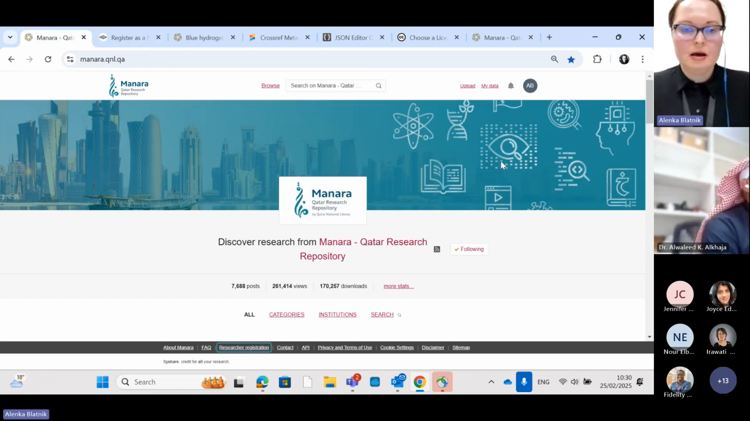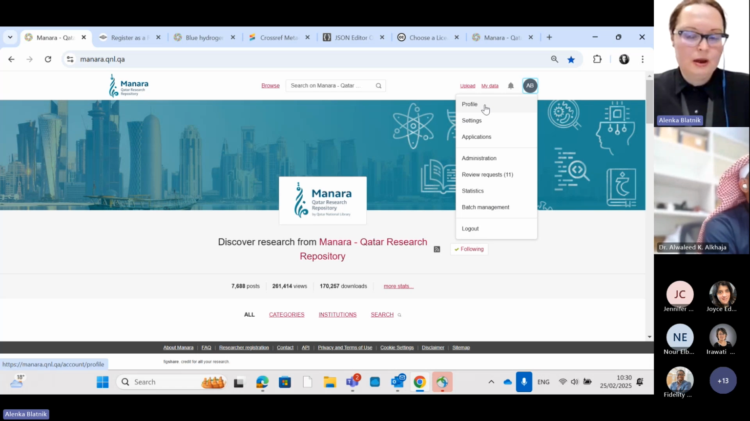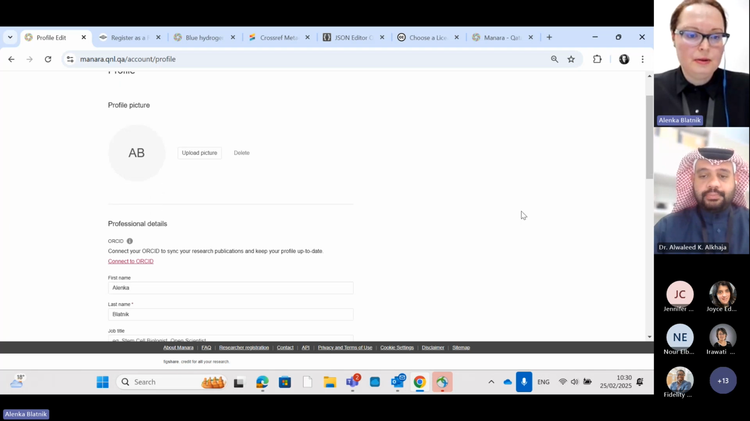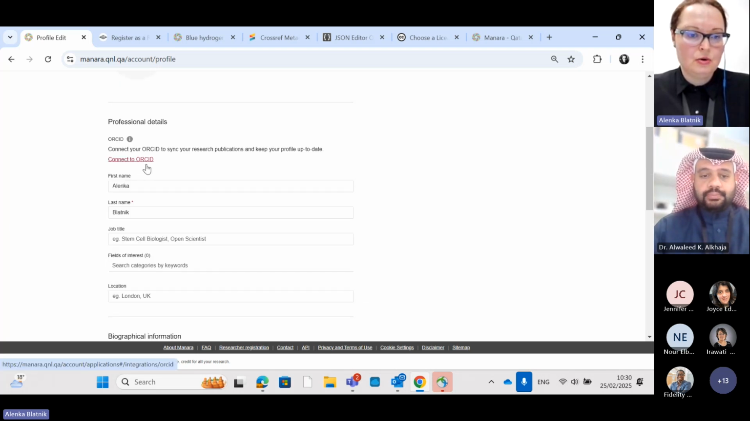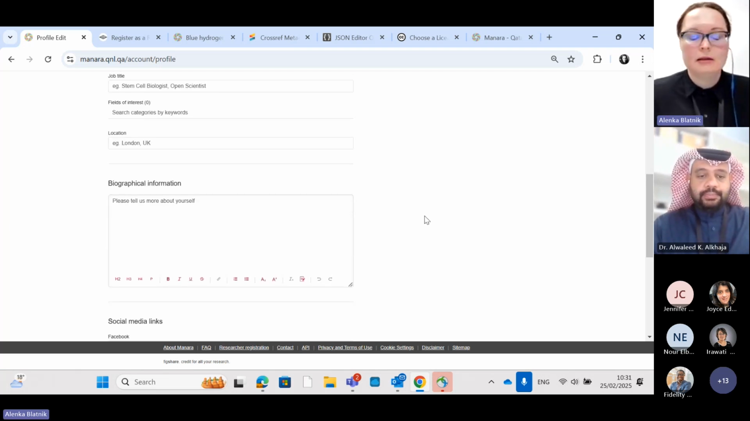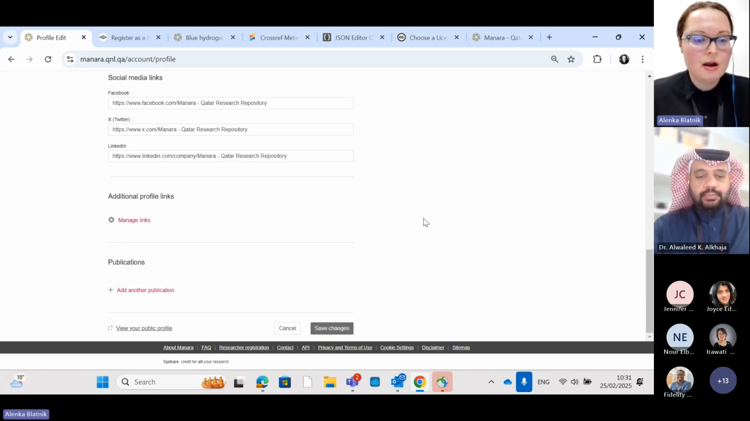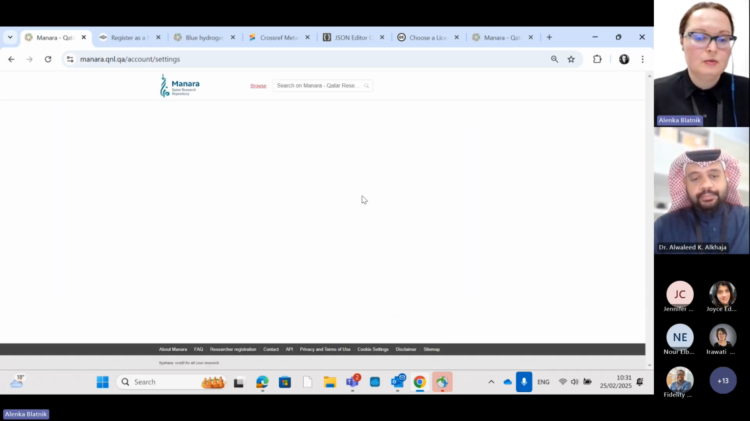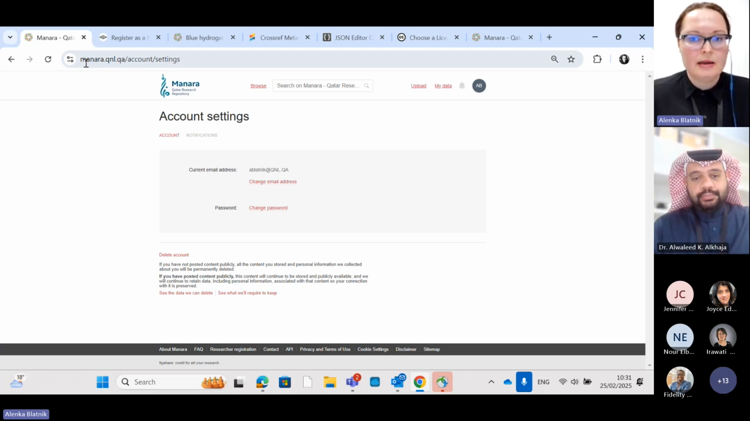So this is how Manara looks when you are logged in. On the far right corner, there is a profile icon where you can set and manage your profile. You can upload your picture, connect your ORCID account, describe your research profile, and manage your bibliography. The second one is settings, where you can change your email and password. Then if you go to My Data,